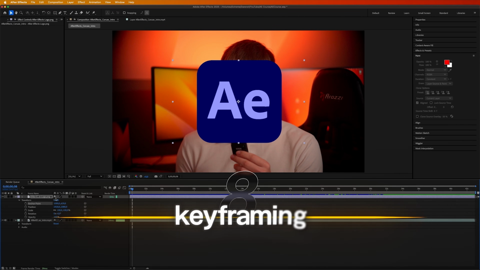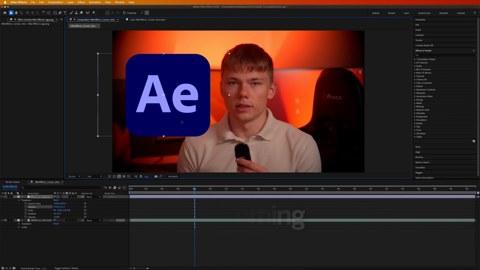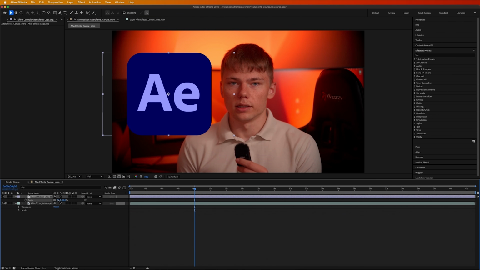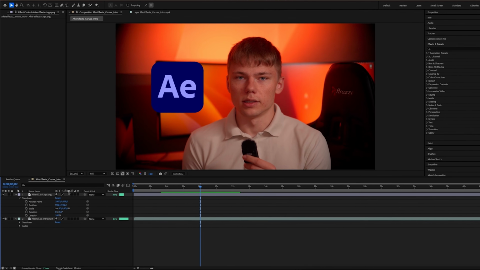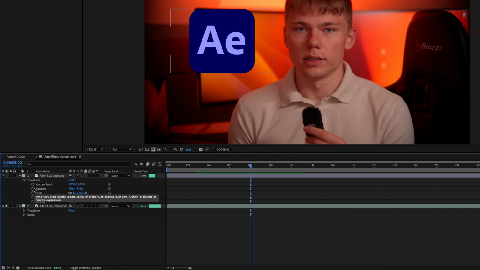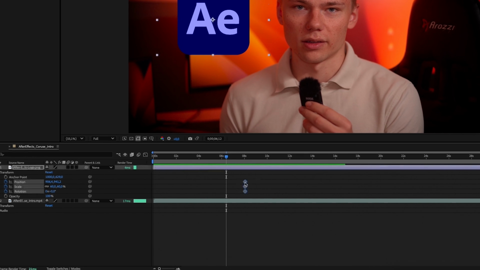Now let's get into keyframing, and I will be keyframing the transform controls under this icon. So first of all, I will just grab this icon and move it to the left side and also scale it down a little bit. So now I'll go into the transform controls right here, and how we create keyframes is by clicking this little clock icon on the left side. So I will create keyframes for position, for scale, and for rotation. Here you can see the 3 keyframes on top of each other, so I'll just select them all and bring